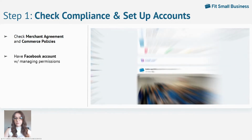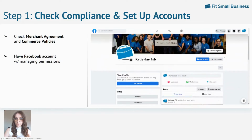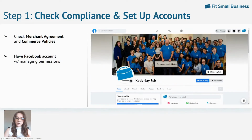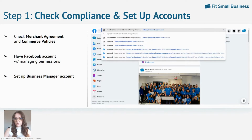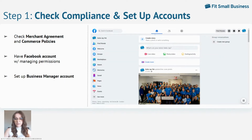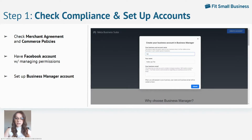You'll also need a Facebook account set up that you have managing permissions for, which most people have already, and you'll want to create a business manager account from that Facebook profile. This is really simple to do. Just make sure that you're logged in and navigate to the business manager, hit create account, and enter in your